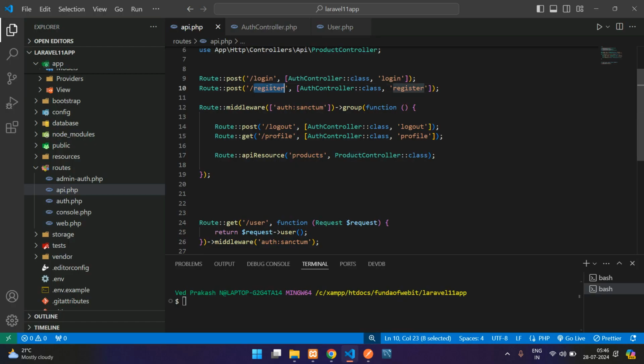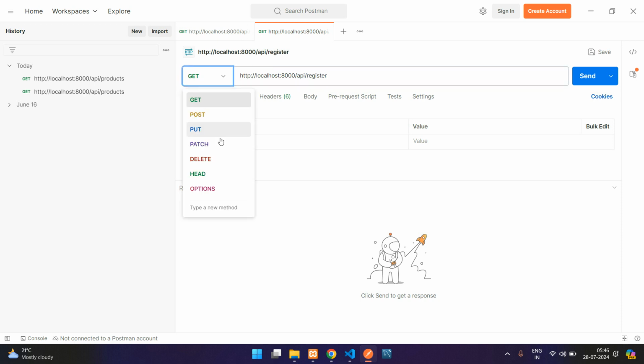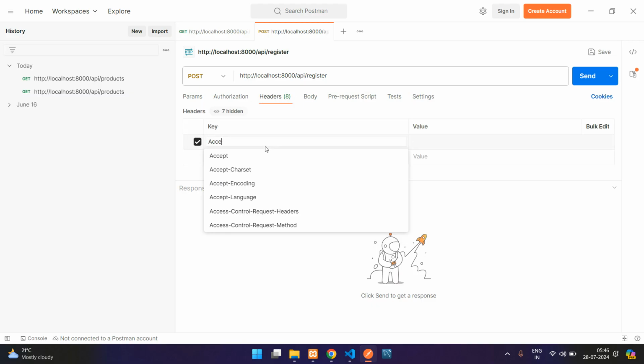So here is register, guys. You'll just copy this, get back to Postman, paste it here. And this is a POST request, so you have to select the method POST. And now guys, you are going to submit a form body. So go to this body. But before that, go to your headers and add Accept